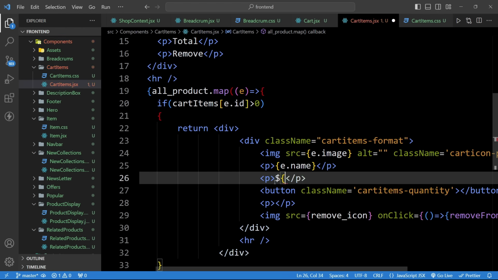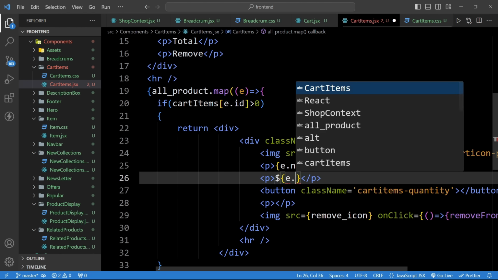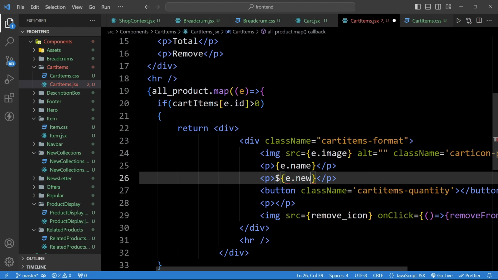Then we will add e.new price, and in the button we will display the product quantity. For that we will use cart item. In this cart item we will pass the ID e.id,